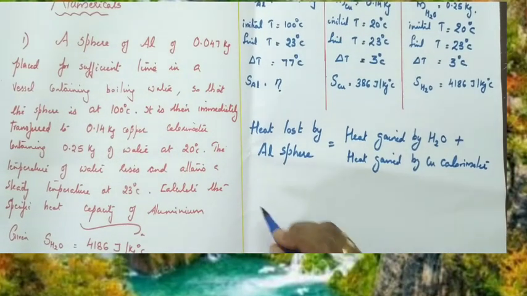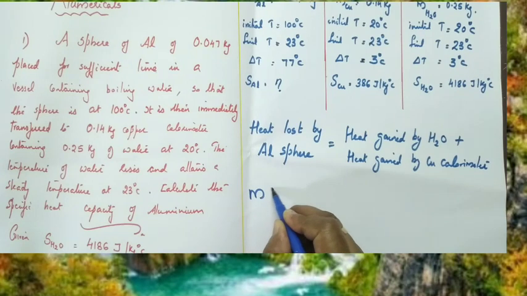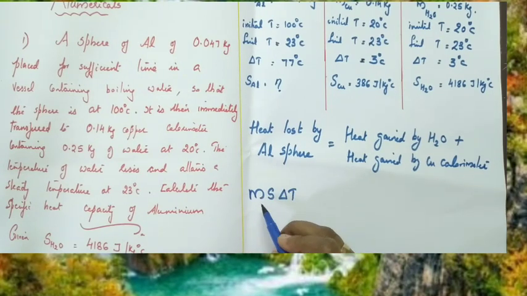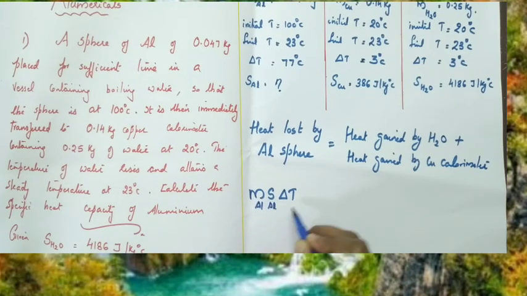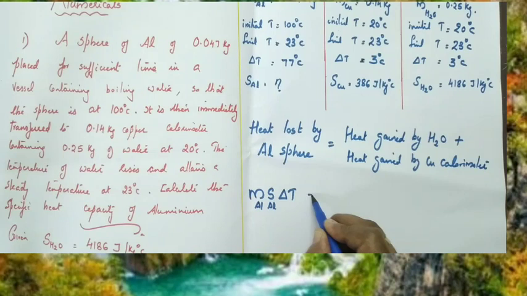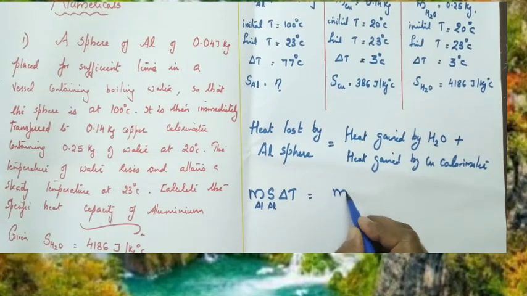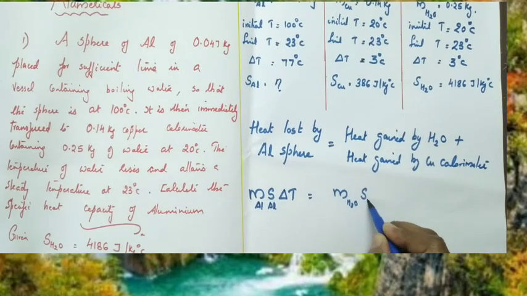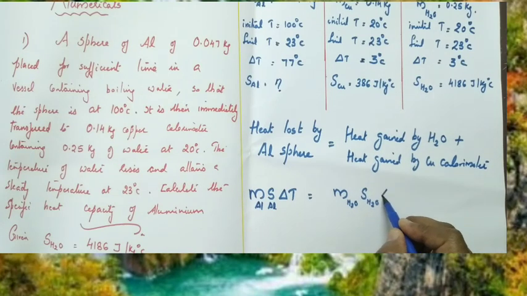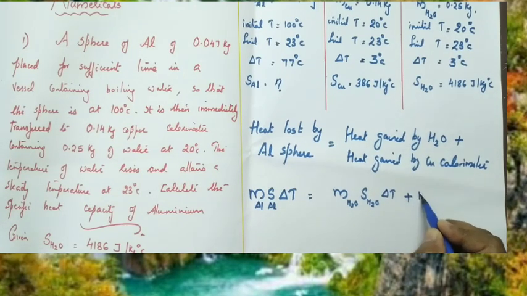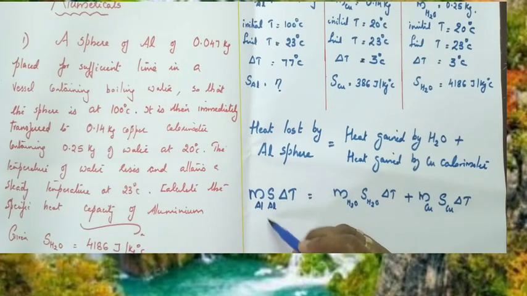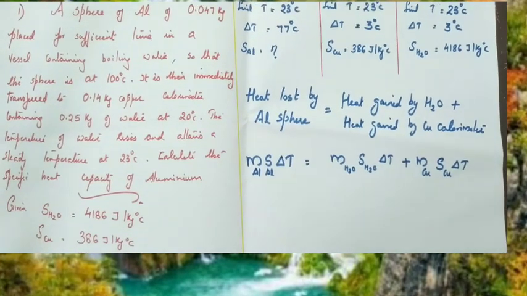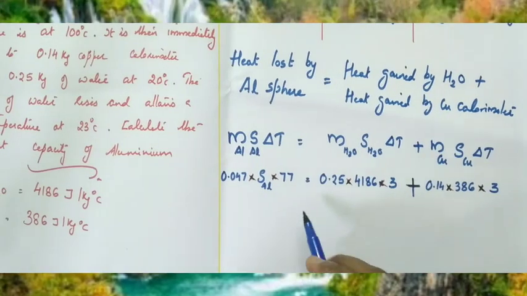We know the formula for quantity of heat, m s delta T, isn't it? Here m s delta T means mass of aluminium, specific capacity of aluminium, change in temperature of aluminium. Heat gained by water means mass of water, specific capacity of water into its change in temperature, plus mass of copper, specific capacity of copper into its change in temperature. Here we have to find out the specific capacity of aluminium. Now we can substitute the values. It is equal to,